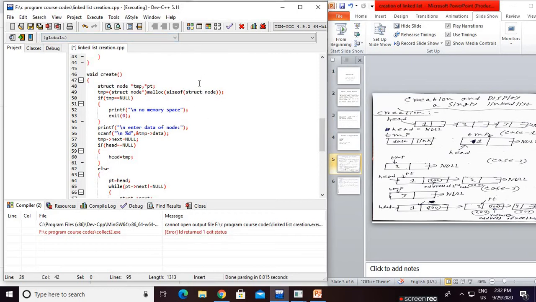How many bytes are there? The same size as the node, that is, sizeof struct node. Those bytes are allocated for the new node, which means the node is created. Now this malloc function basically returns a pointer.